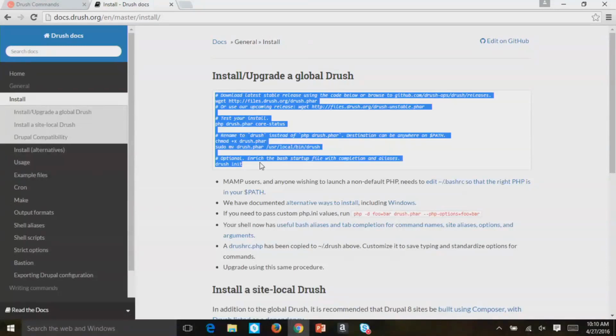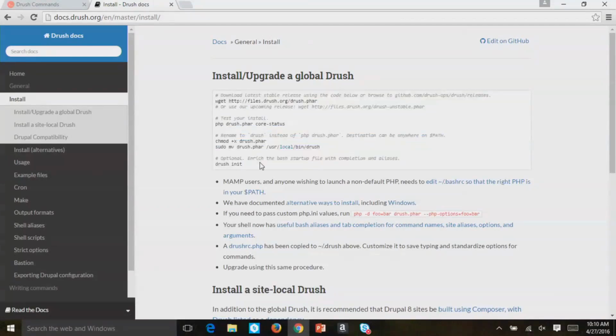So if you have a server that you have full control over, as long as you have the permission to do a wget, or you can do an SFTP, move that drush.phar file, I don't know how you say that, I'm just going to say phar file, you move that onto your server, and then you chmod it, and then you move it to your location, and then you drush init, and then you hit yes, and everything works fine. So that gives you Drush access on your local server.